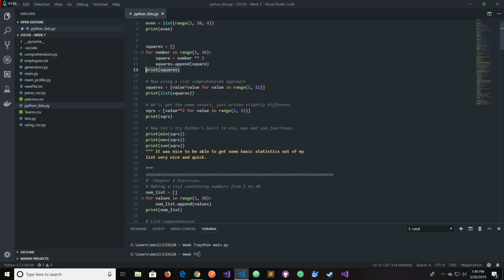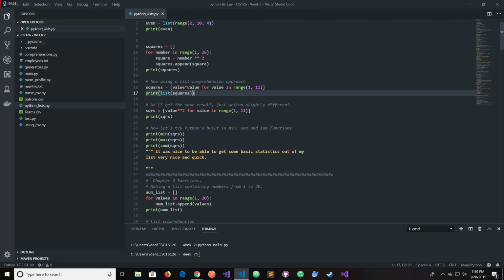The list comprehension, on the other hand, is much more readable, simpler and easier to write. We just initialize the list, set the loop, and everything is in one place. The only other thing we have to do is print that. We don't even need to use the list function to put it in a list because square is already a list, but I did that just as an experiment to see if I get different output. So here we say value times value, which is the value squared anyway,